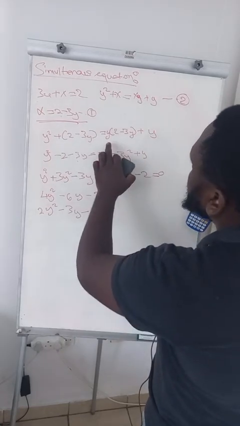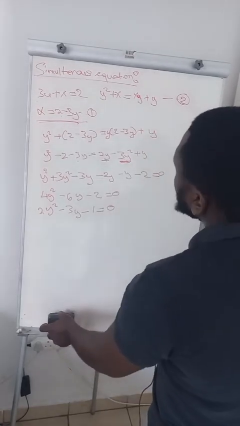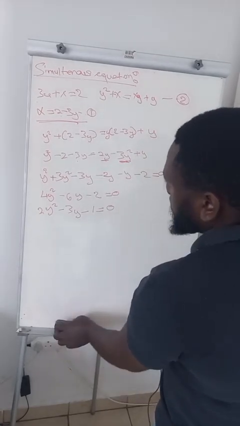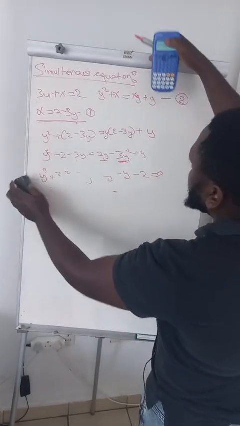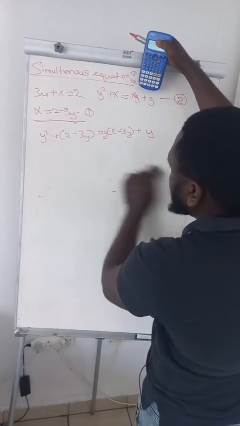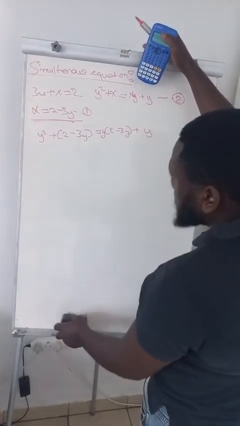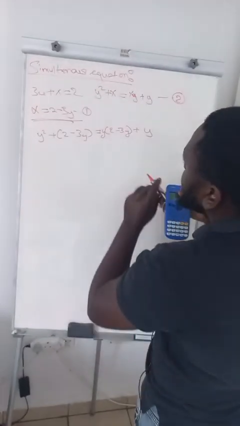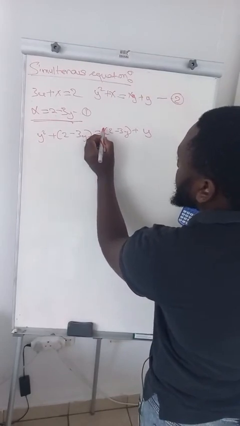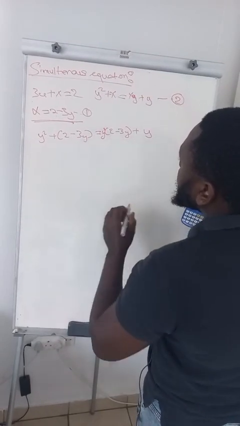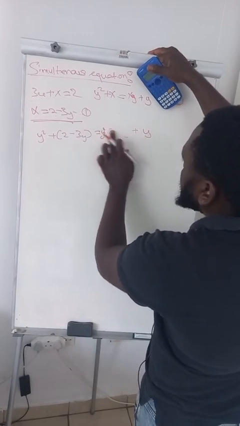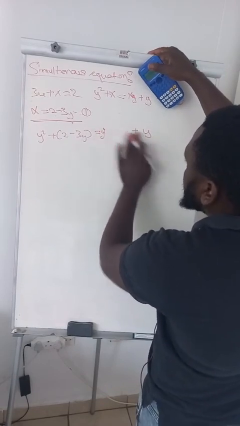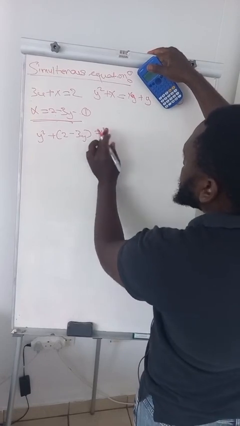This is, oh yeah, no. Yeah, I made a mistake here. I forgot this squared here. And then this is not supposed to be like this here. This y squared